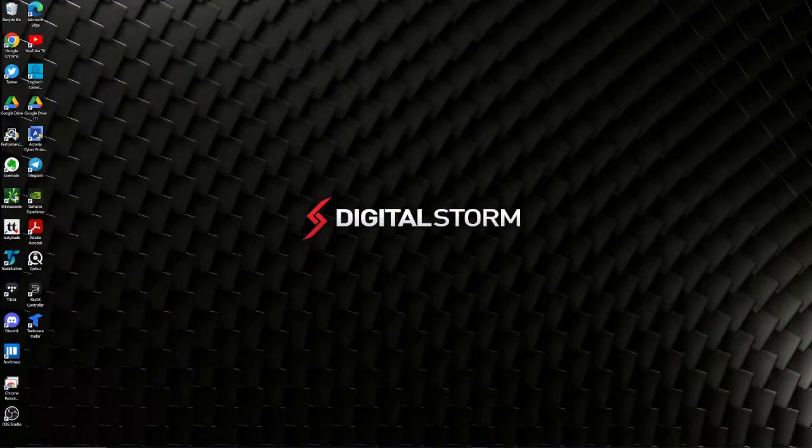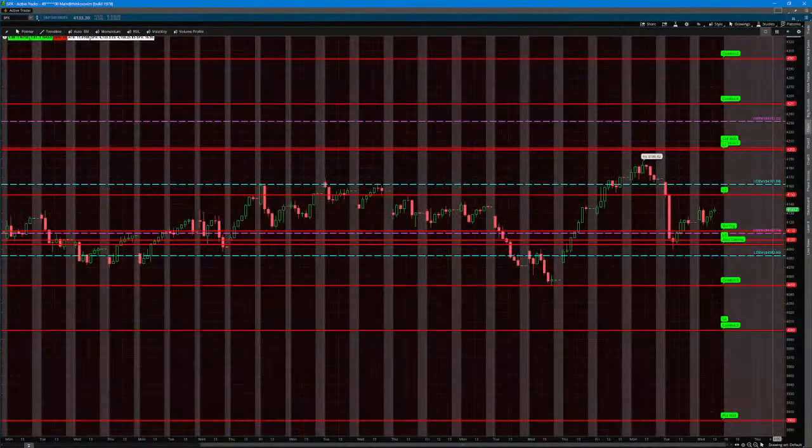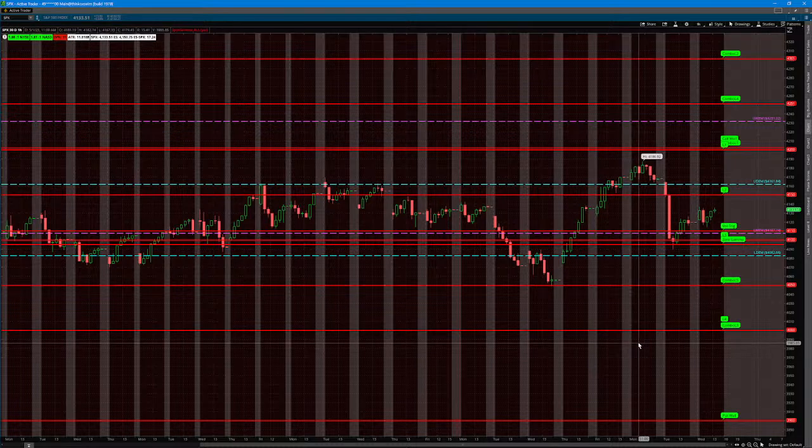Start with a larger time frame. This is a Thinkorswim chart showing price and key levels for about a 20-day look back period. Actually, this goes all the way back to the beginning of April, showing that the SPX has traded in a very narrow range for most of the month of April,